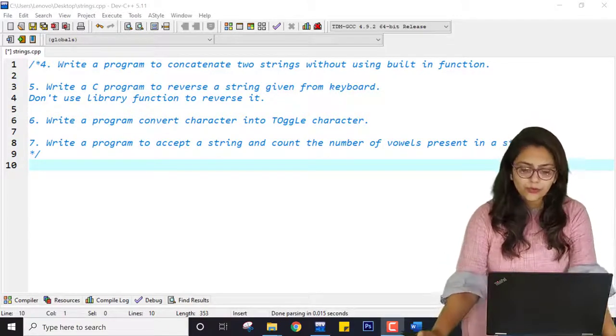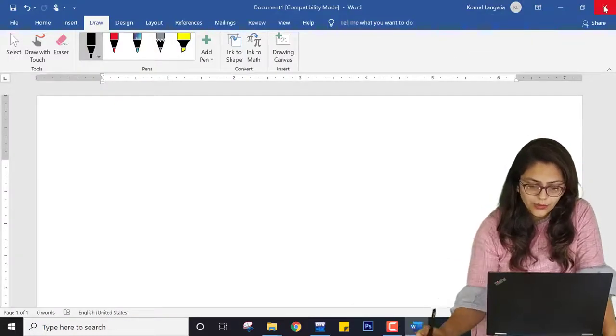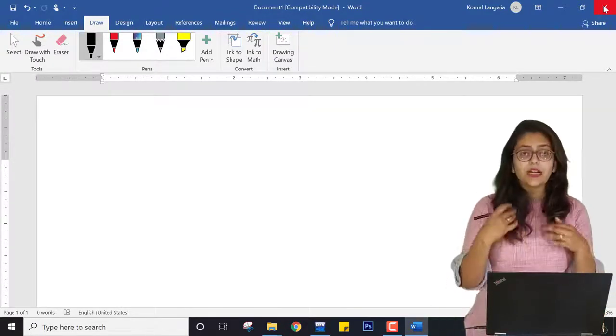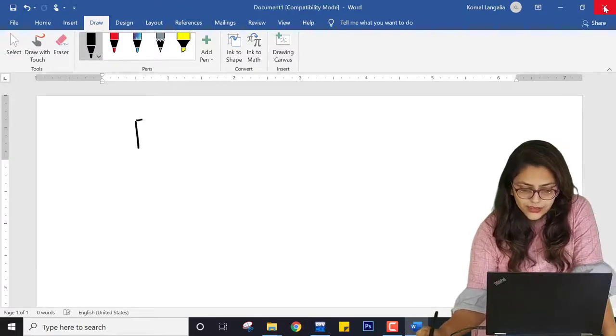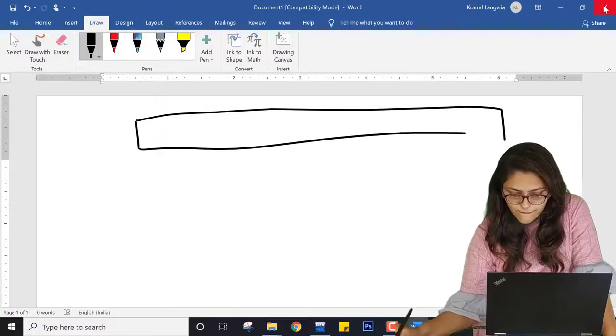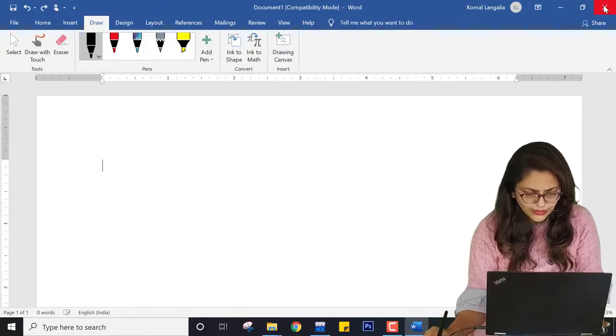So in the previous program, let me open my whiteboard. In the previous program, we performed a program in which we were counting the number of spaces. So I have written something like, pardon me for the array shape, let me do it in a better way.